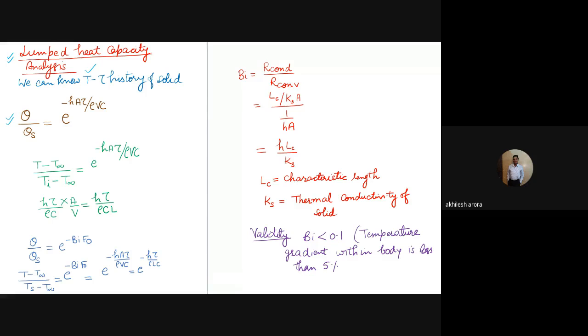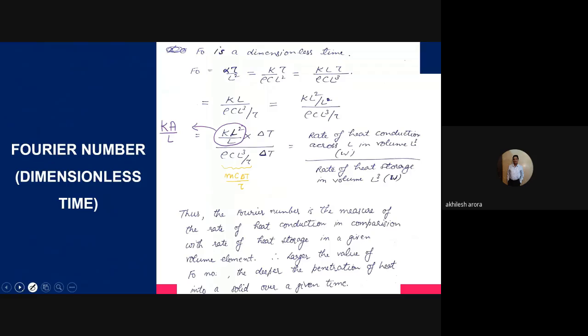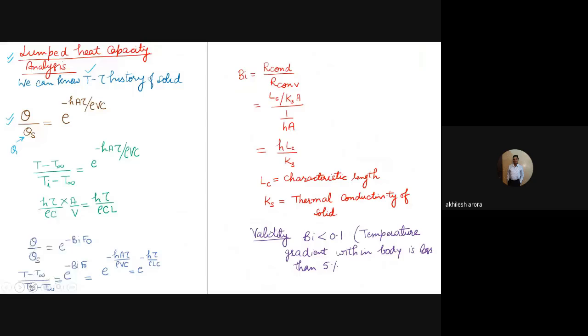So this theta by theta s, or sometimes we can also call this theta by theta I. It would be theta actually. So I can write it as theta I also. Theta I means initial temperature difference, and theta s also means the same thing. Only thing is that instead of initial temperature, I am saying that it is Ts, or the surface temperature. Otherwise, there is no difference actually.